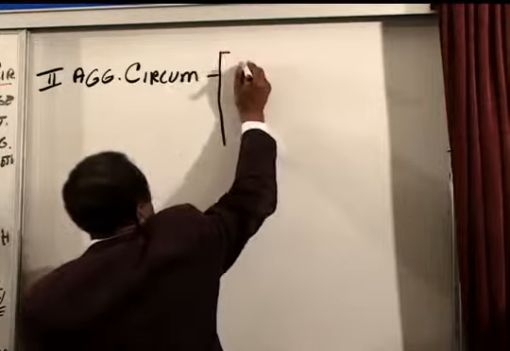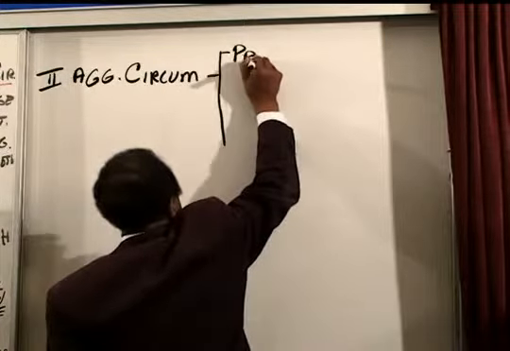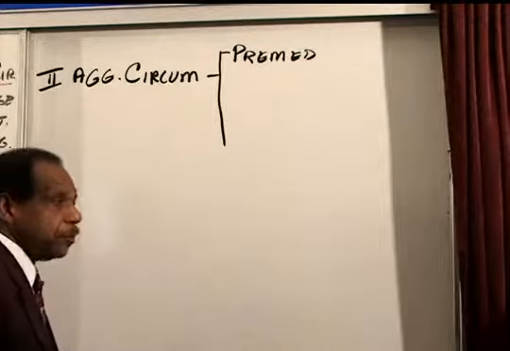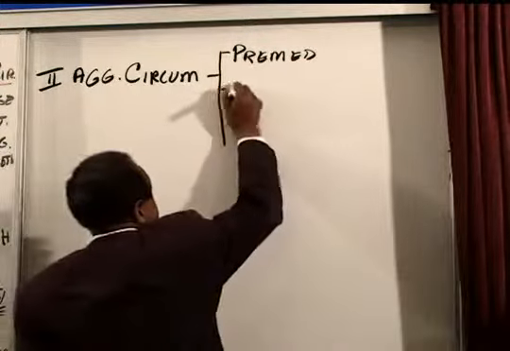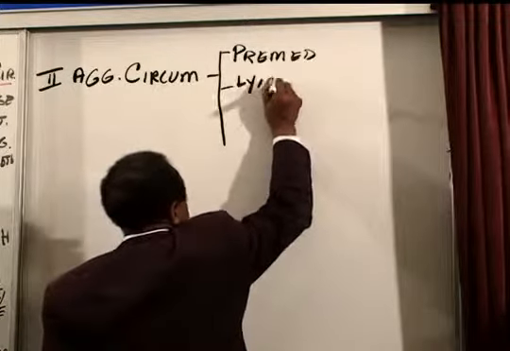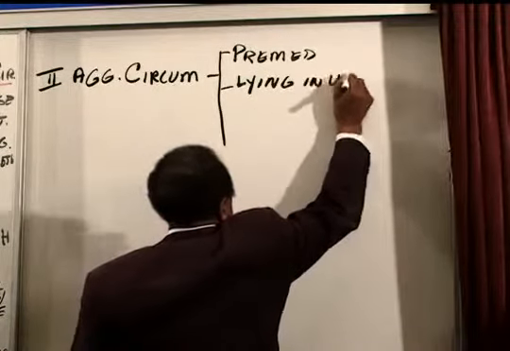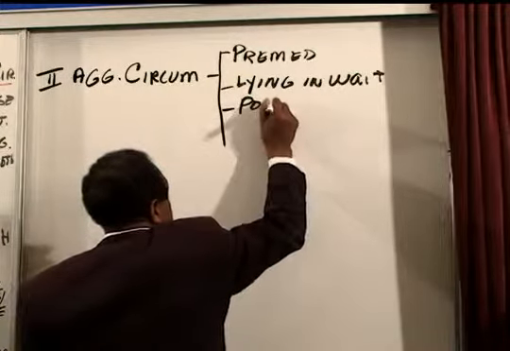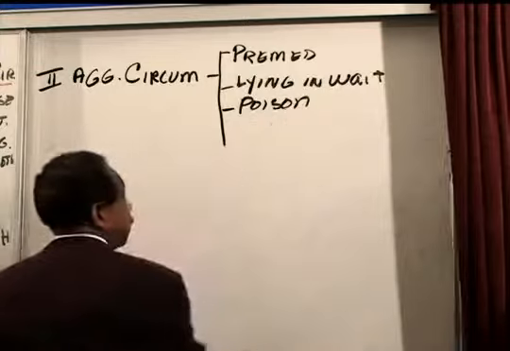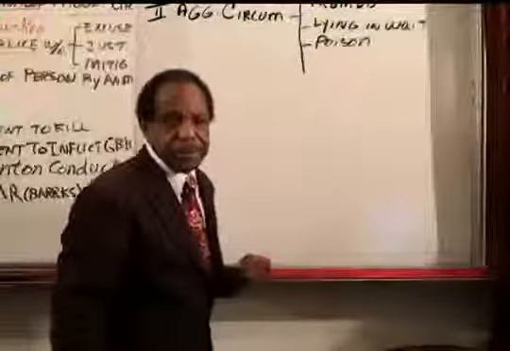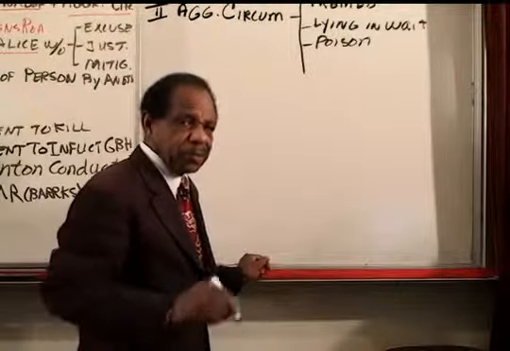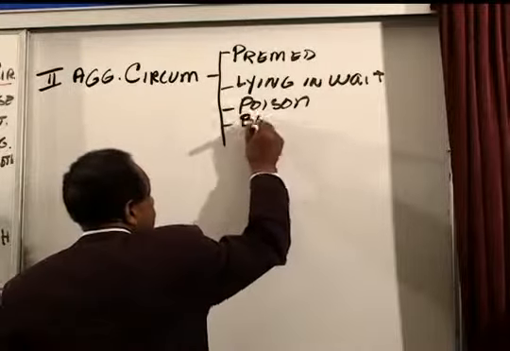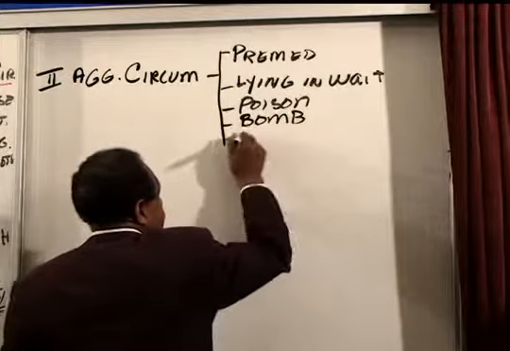And those circumstances are, number one, premeditation: premeditated, deliberate, and willful. Second one, lying in wait. Poison. Now, I realize poison is just another form of premeditation, but it has happened so much that it's kind of got its own place here. Poison, bomb, torture,